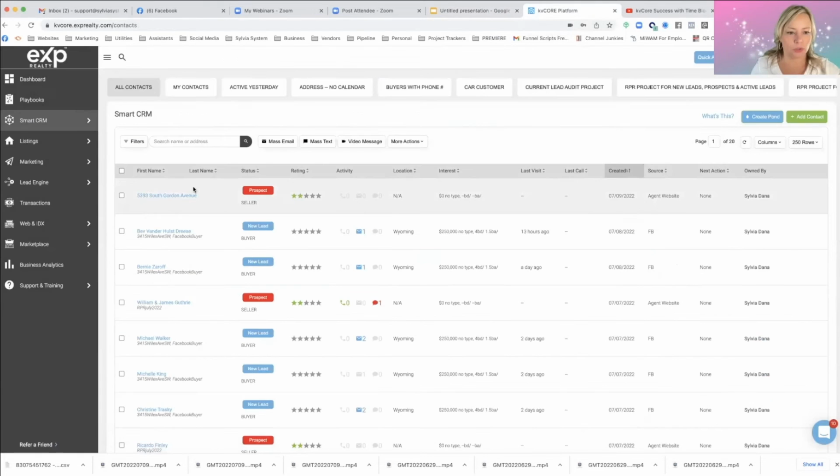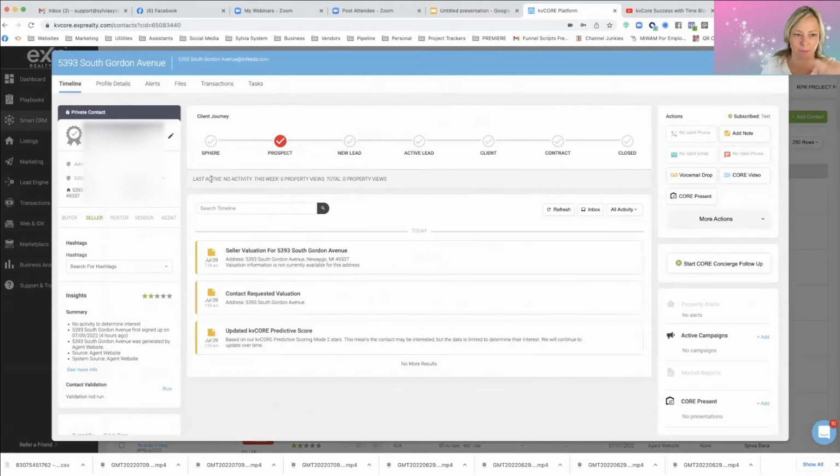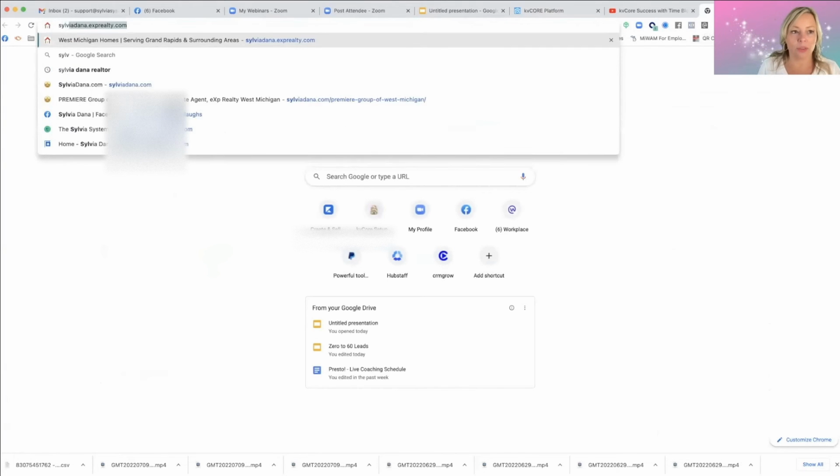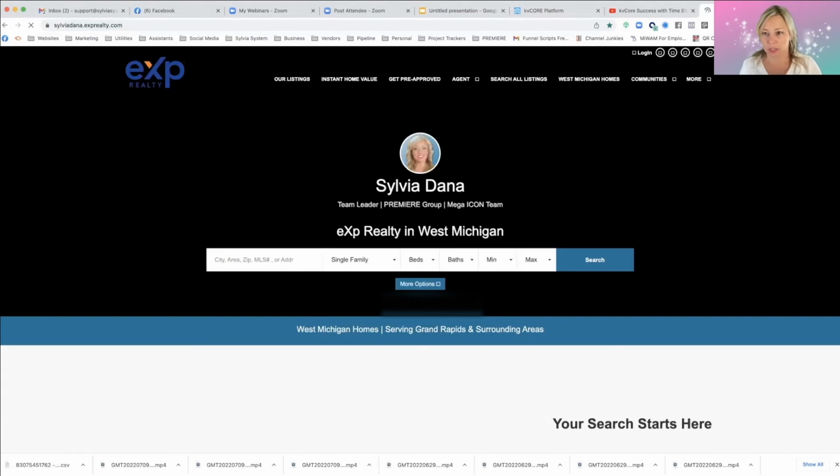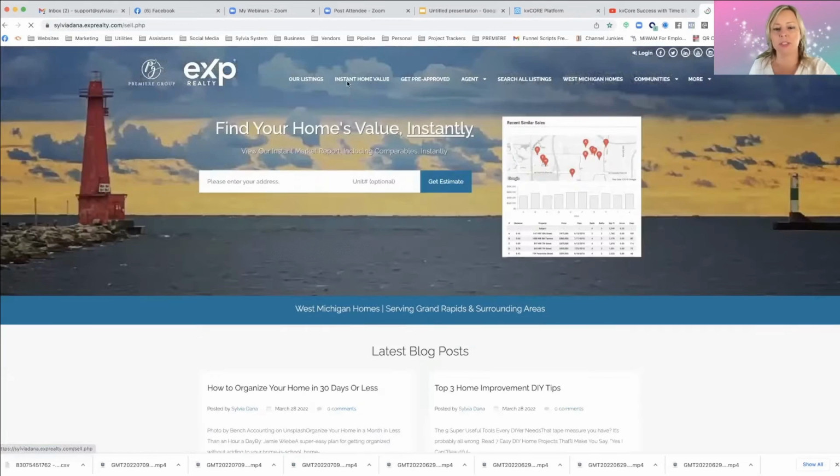Seller lead process. So you're going to get leads like this from time to time. What the hell is this? You might be thinking. Well, what happened was somebody went on your website or they found a seller squeeze page that you posted, and it was your instant home value page. And they put in their address here